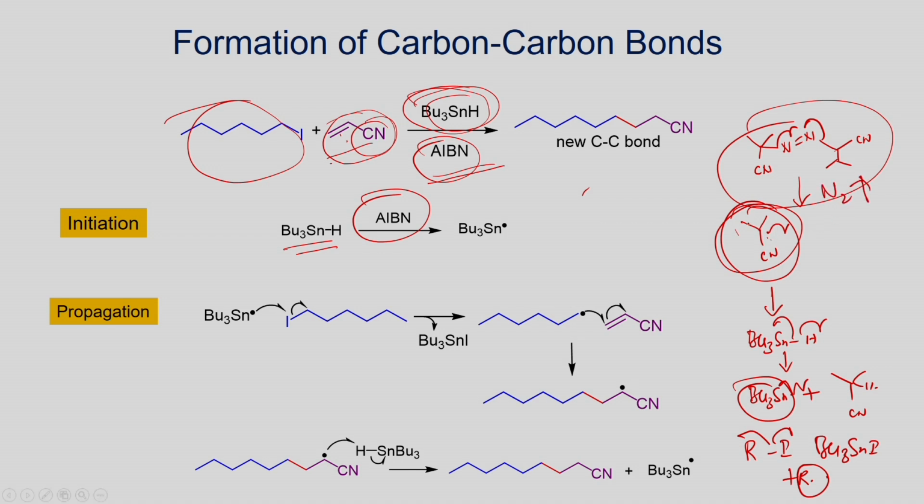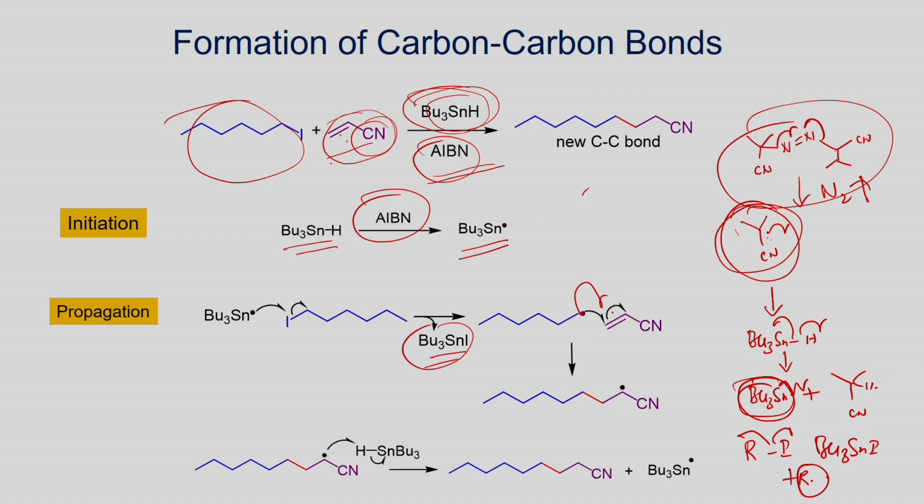Once you form the radical, now this radical can react with this one and you will be able to form the tributyl tin radical shown here. So, the tributyl tin radical can now react with this alkyl iodide as shown here, and you form a tin iodine bond which is stronger than the tin hydrogen bond. That is responsible for the cleavage of this one. You form the alkyl radical.